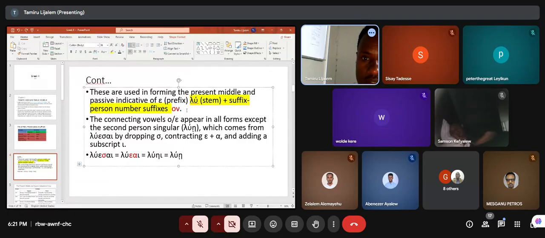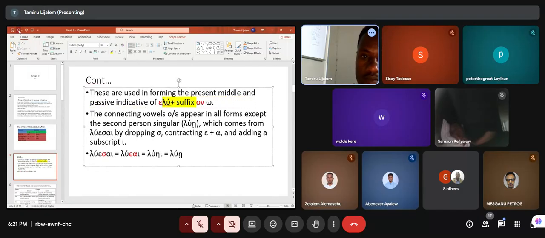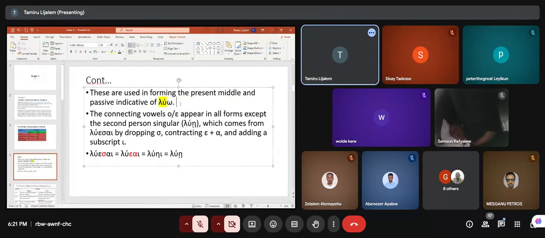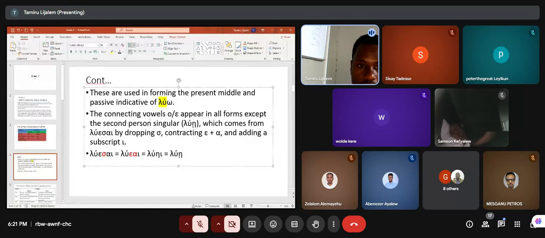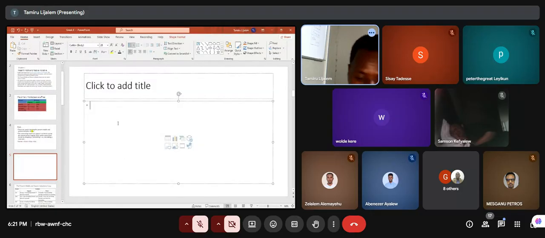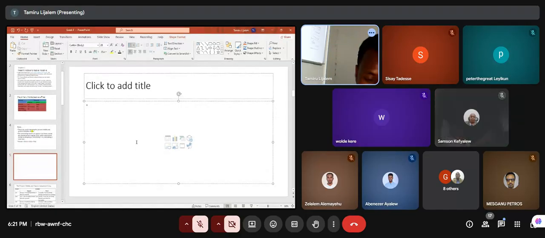So, middle forming the present middle and passive indicative of luo. Shall we form it by adding this one? Shall I create this? And you have given this one. For example, blackboard ቢሆን ኖሮ በእጄ ትንን ነበር። አሁን ግን በኮምፒውተር ጽፋለሁ።